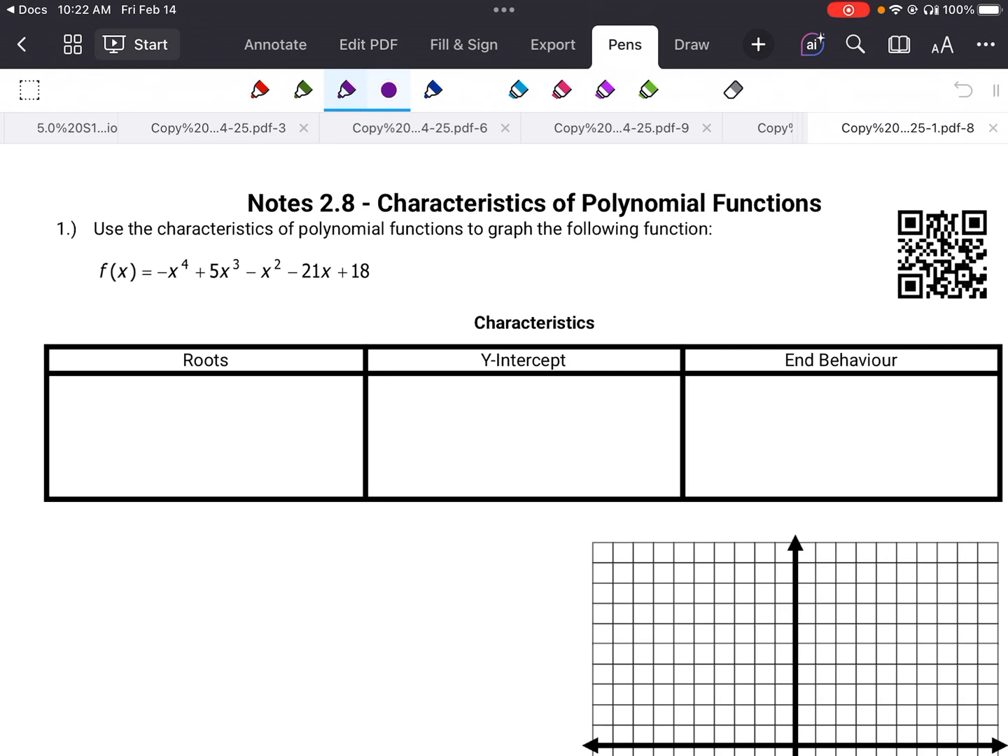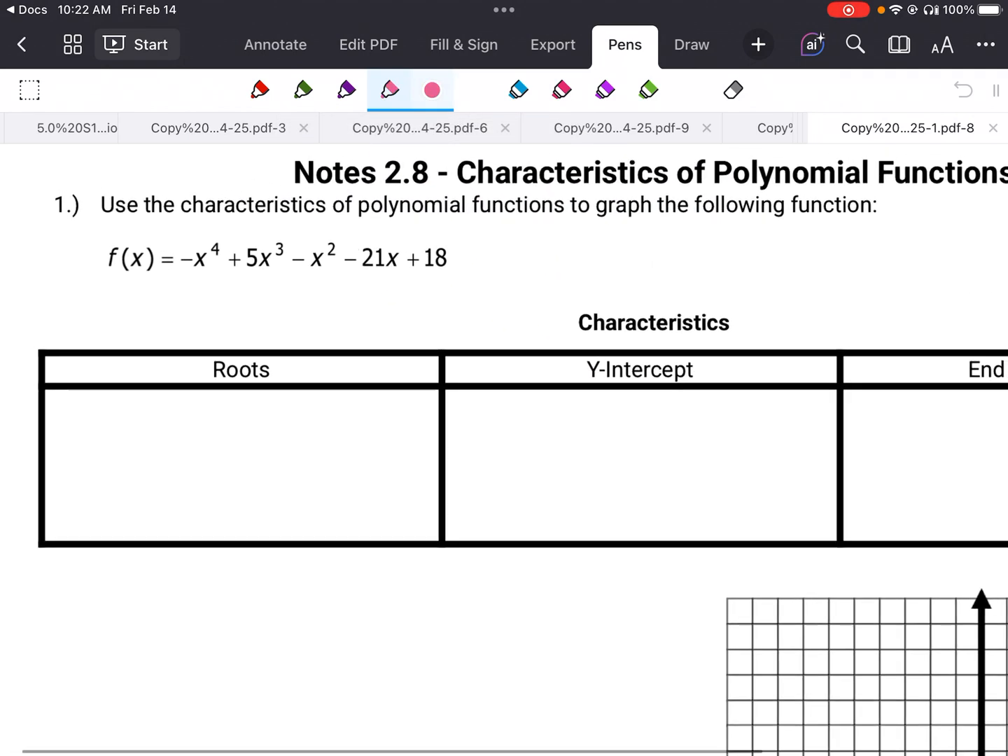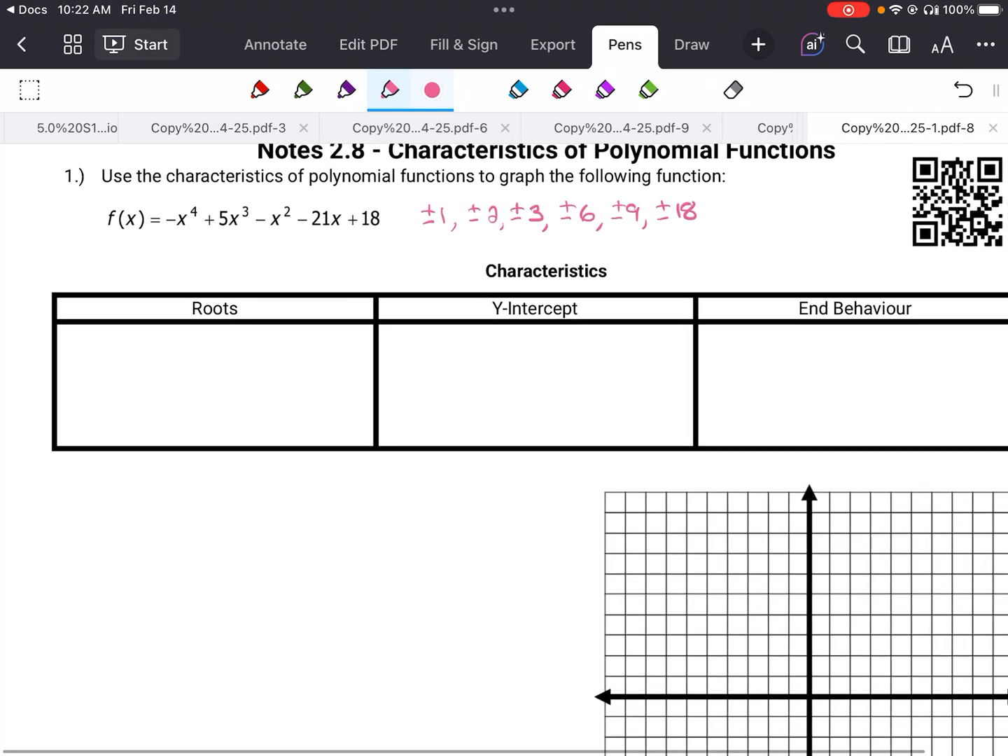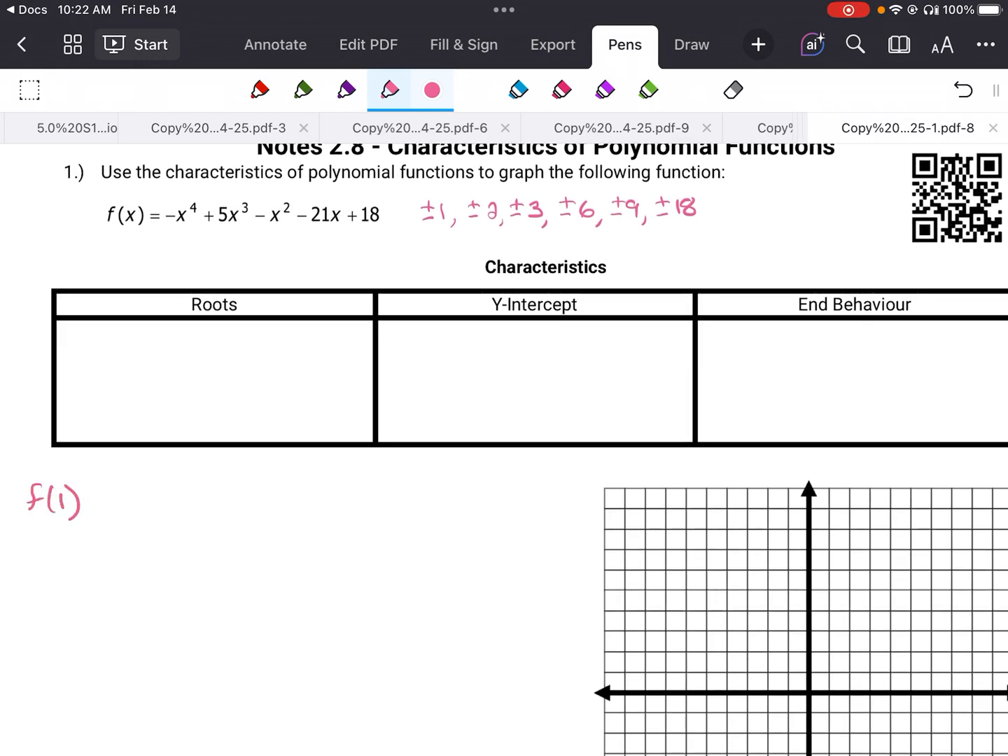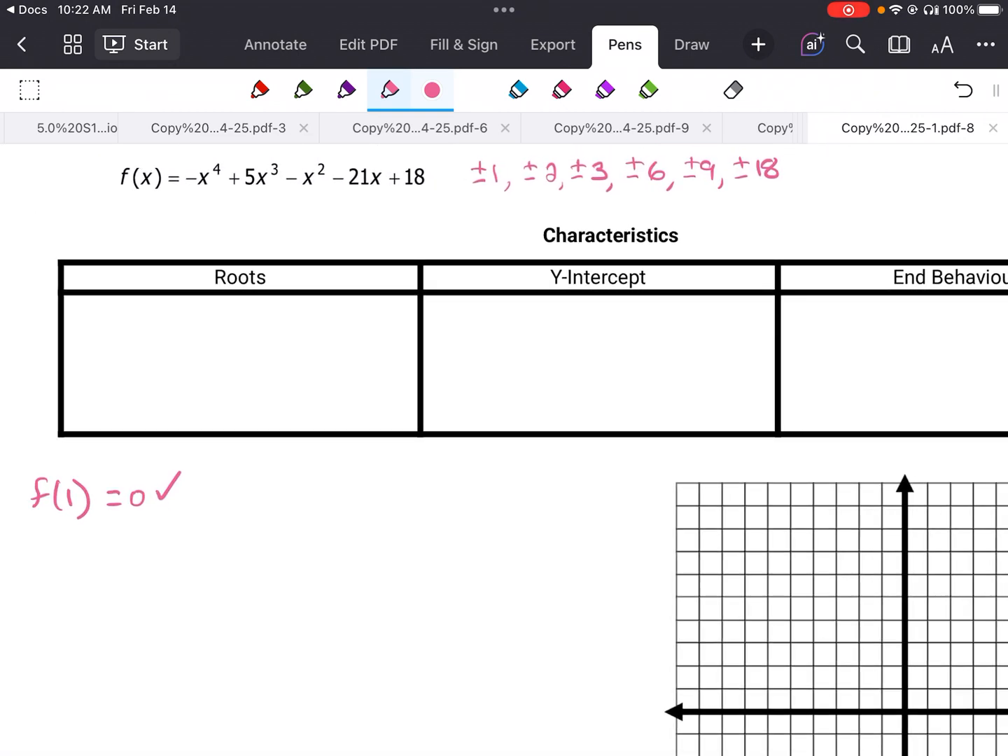plus 18. To find the roots, that means the x-intercepts, the zeros, we don't know these yet. So let's work through this. We're going to use the factor theorem. The factors of 18 can be plus or minus 1, plus or minus 2, plus or minus 3, 6, 9, or 18. When I go through and try some, I find that 1 is a factor